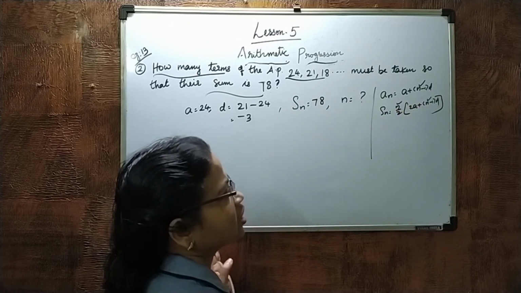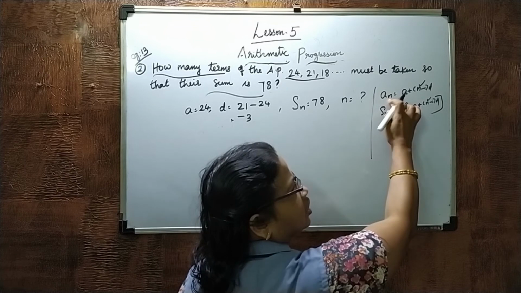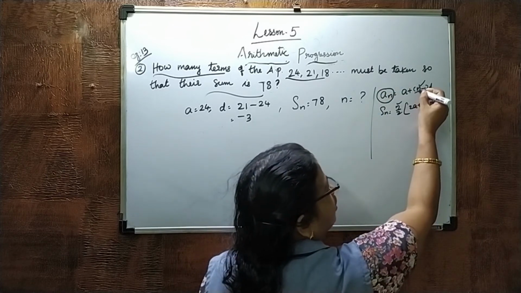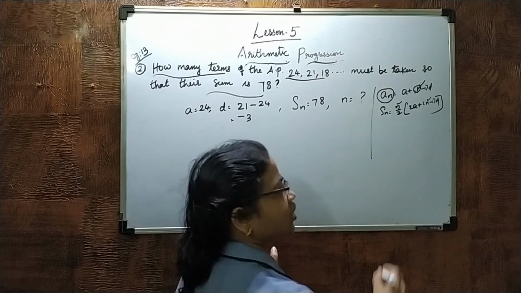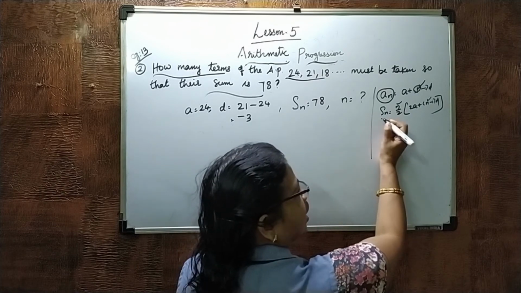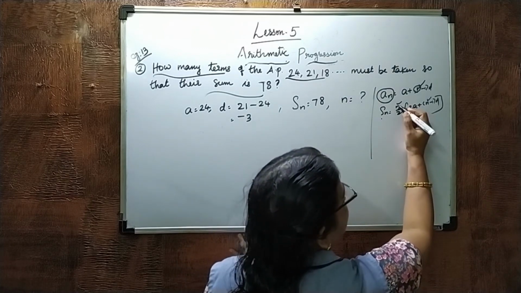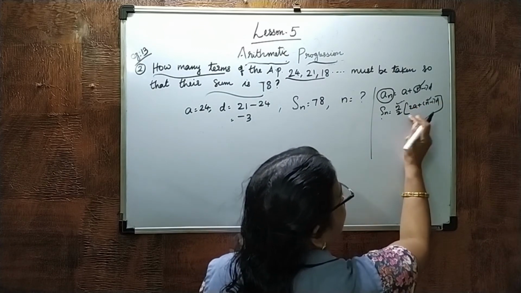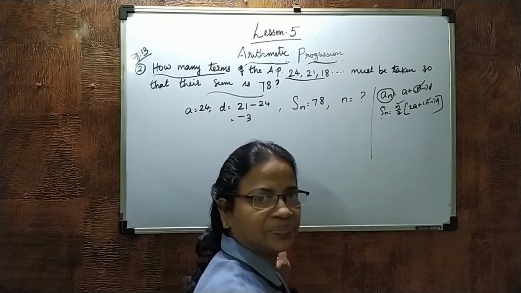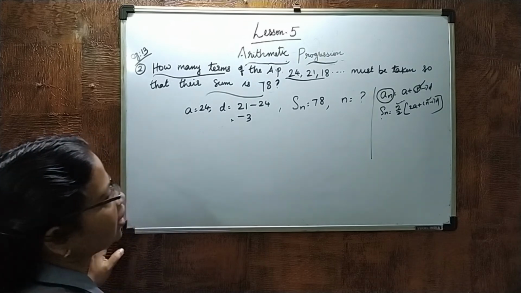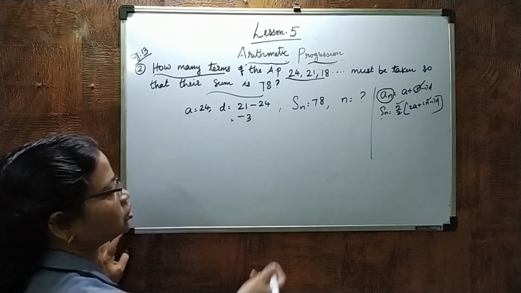So what all things are given now? n is not given. Here n also you have to find out. Right? Here the sum is given. That means you can use the sum formula. And here only one variable needs to be found, all the other things are given. Sum is given, so you can use the sum formula, and now you can substitute.